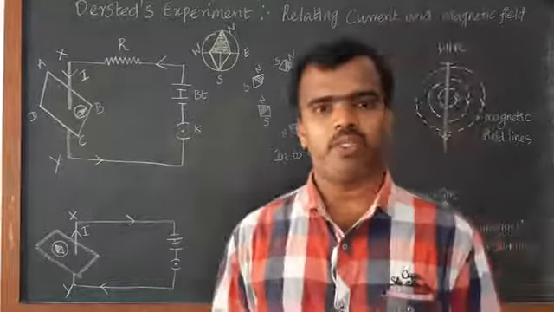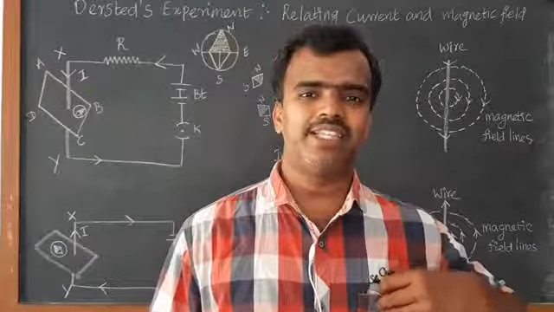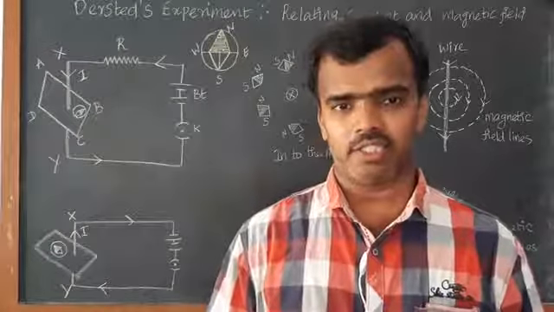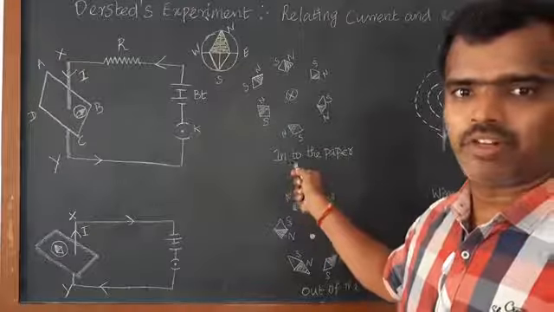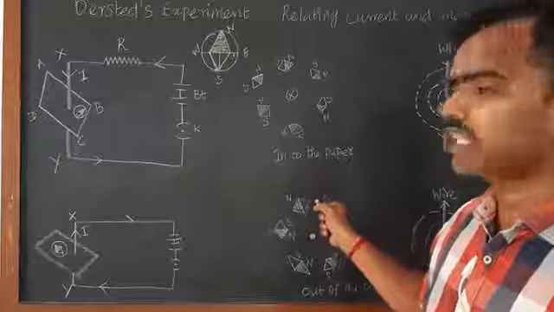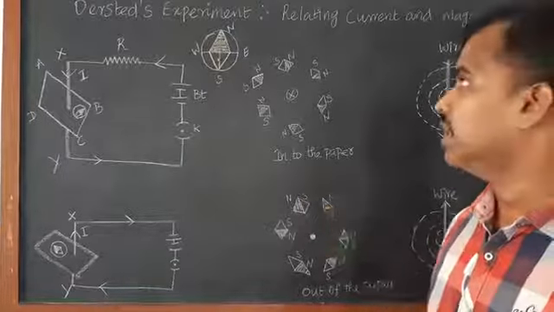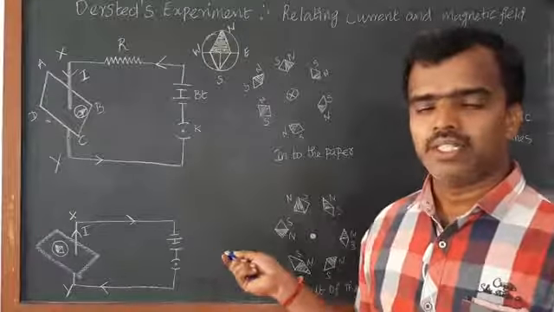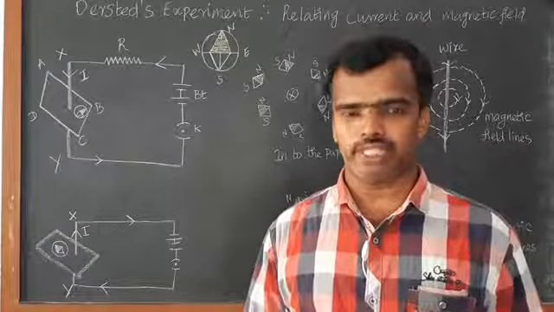In that Oersted experiment, we are going to use a compass needle. What is a compass needle? The compass needle is just like a bar magnet. It has both north pole and south pole. Here I have drawn the typical diagram for a compass needle. This one points out north and this one points out south, which is very typical of a bar magnet. So, what did Oersted observe from this experiment? The interrelation between current and magnetic field, both are interrelated to each other.